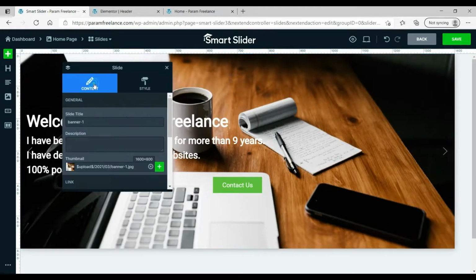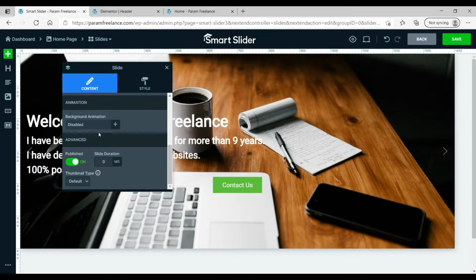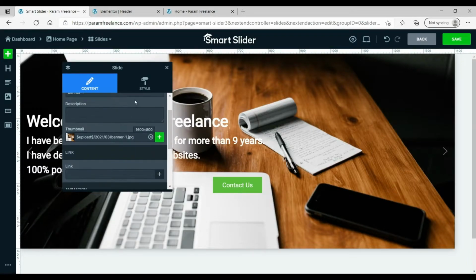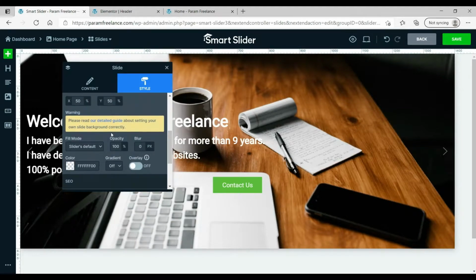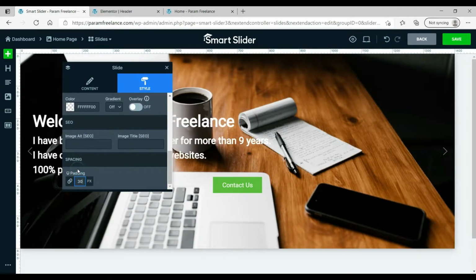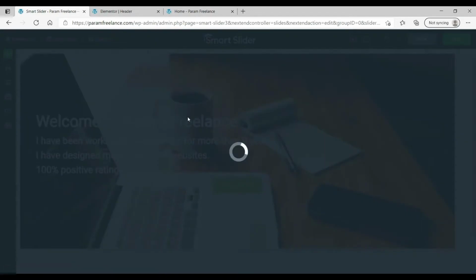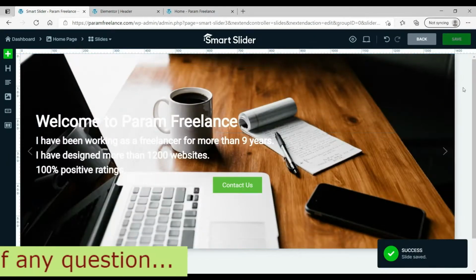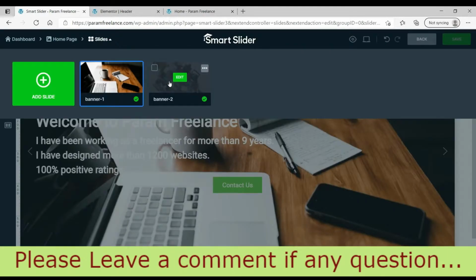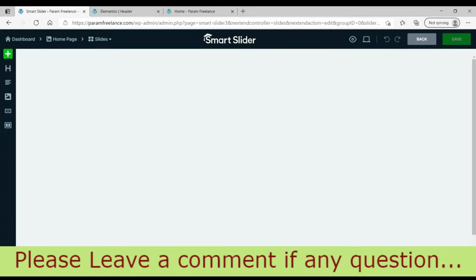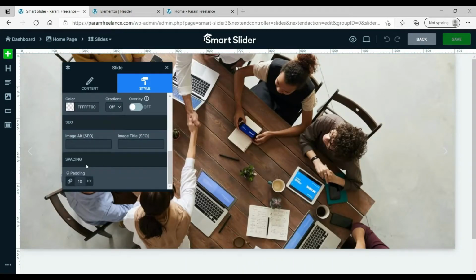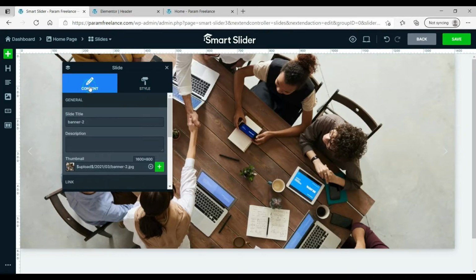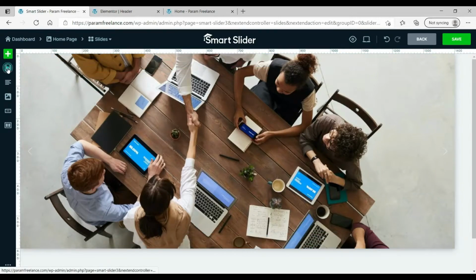Okay, this is the slide settings. These are the styles of the size. We are going to add some padding here. Okay, so now save this slide. The first slide is done. Now let's go back to slide, select the second one. Okay, so this is the slide. I'm going to change the padding to 40 again on the same. And now add text here.